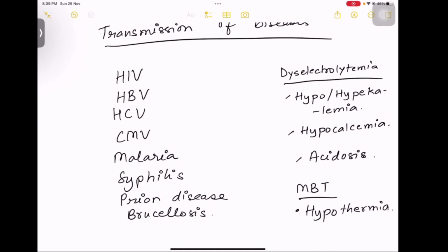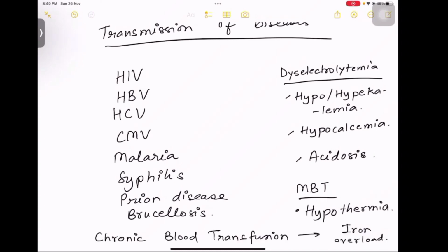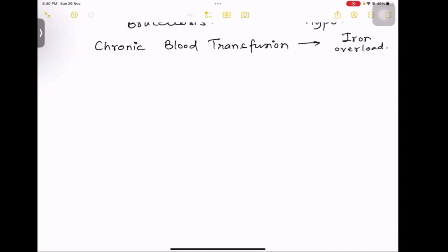And in case of chronic blood transfusion, those who are taking blood for a long period of time, iron overload can occur in the body. This iron overload can cause hemosideronemia. This is all about the complications of blood transfusion, which you have to study in mainly 5 headings: hemolytic, non-hemolytic, dyselectronemia, infections,